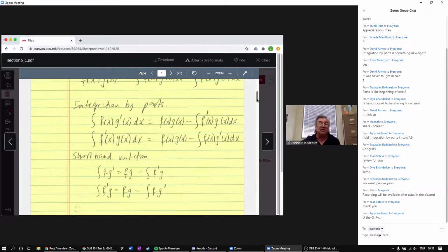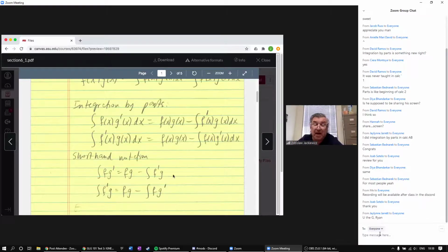Well, usually it's probably easier to remember a kind of shorthand notation. Basically, the integral of fg prime is fg minus the integral the other way around, so f prime g. So that's this formula. Or the integral of f prime g is fg minus the integral of fg prime. So both are useful, sometimes you use this one, sometimes you use this one, depending on the situation. So those are